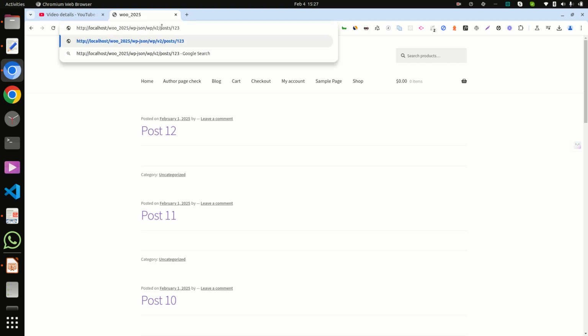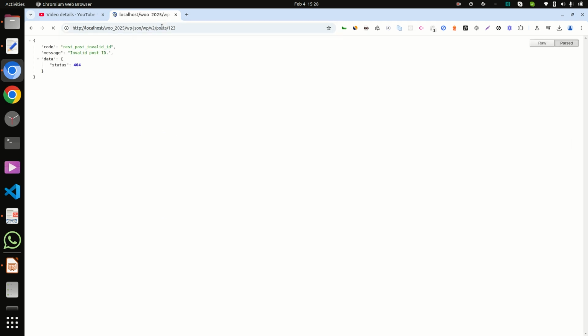Nowadays REST API is mainly used. There are lots of areas where we are using REST API, and nowadays headless CMS is very often used. So if we check here, it is 404 and it does not exist. So to check,